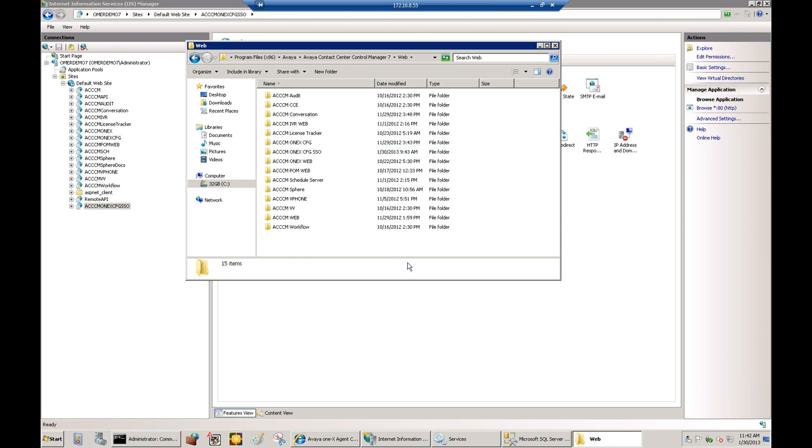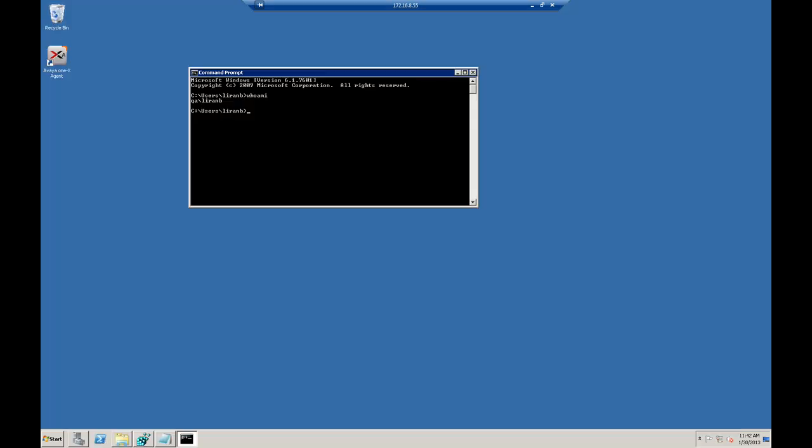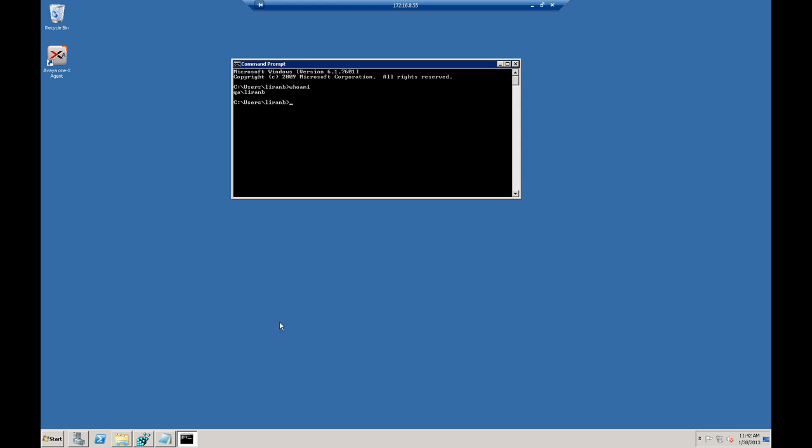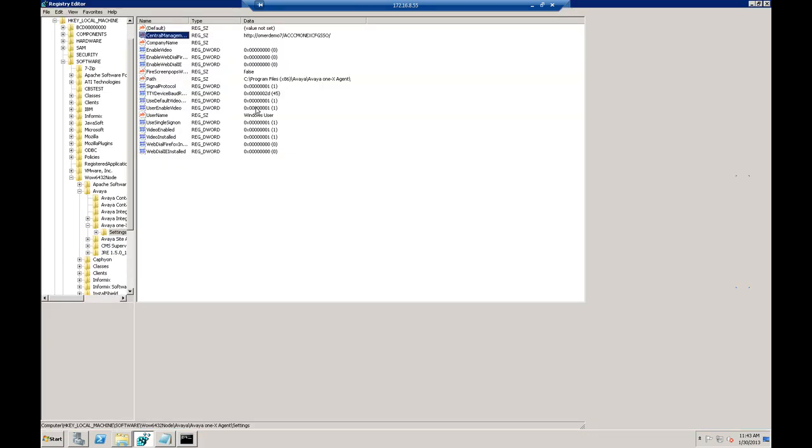If you're familiar with the 1X client itself, I'm going to switch back to my lab server where I'm logged in as my agent. If you're familiar with the 1X agent client itself, you would know that during the installation of 1X client, you have to choose whether you want to go with a centralized administration mode or a local mode. If you choose to go with centralized administration mode, the 1X client installer will go about and create the following registry entries